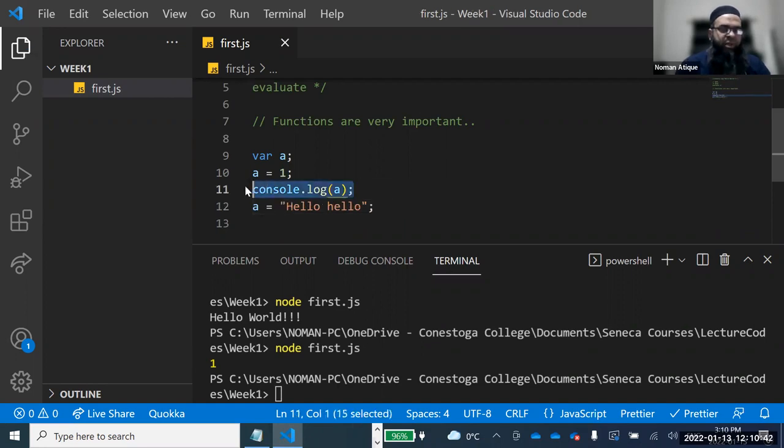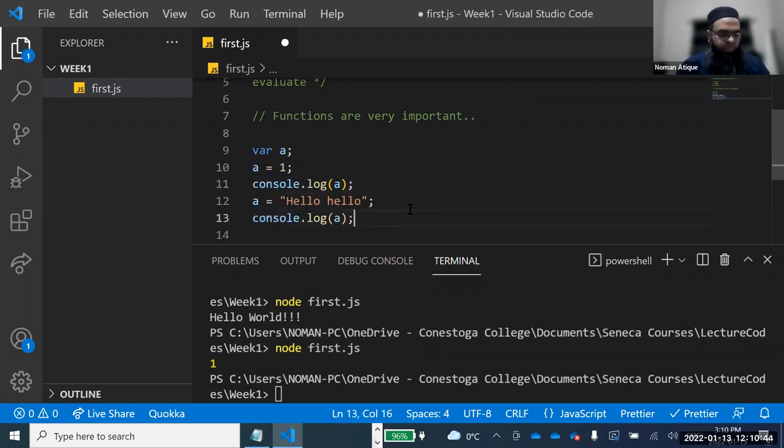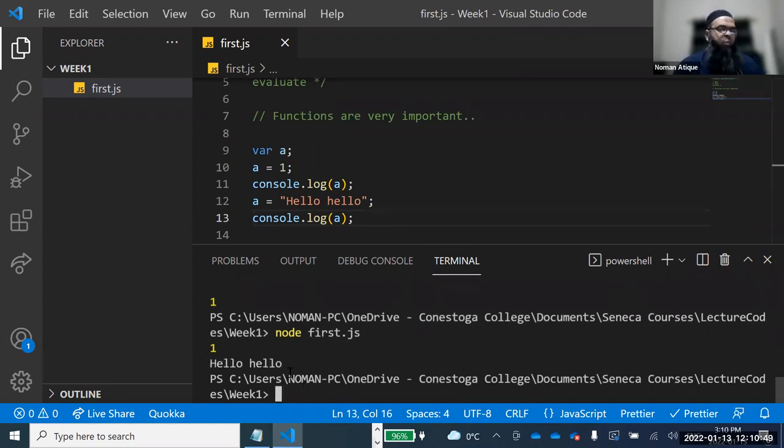And I can console this one as well. Control C, Control V, and now if you see my output, you see 1 and hello. So a can store anything. So a data type is not required, as in strongly